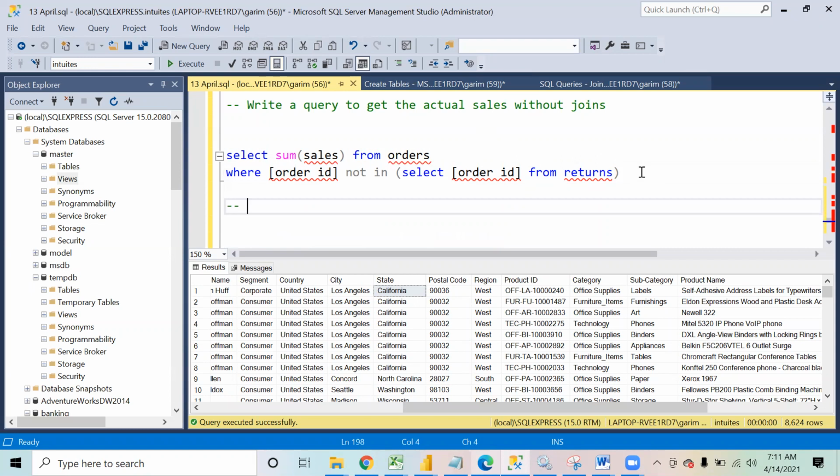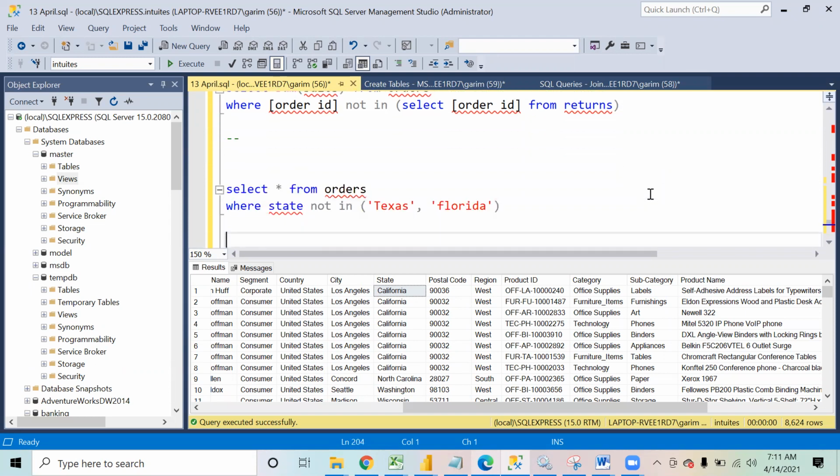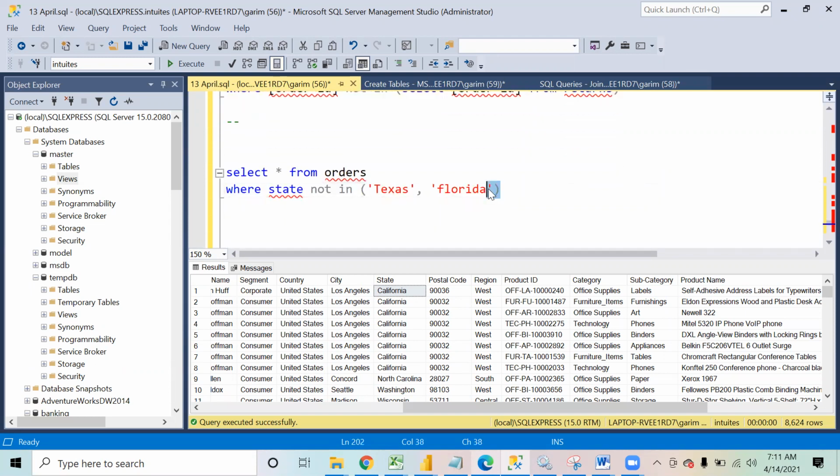And for using an AND statement in this in, like Texas and Florida, I know that won't happen here because it's only one. Inside in, so you're saying inside this in operator? No, in is like the or operator by default, like where the state is Texas or Florida. You cannot use and inside it.